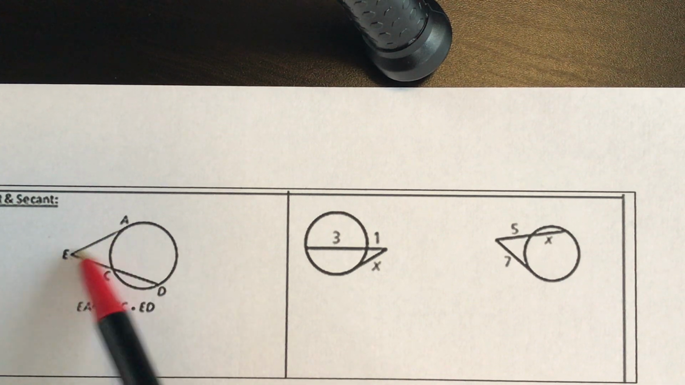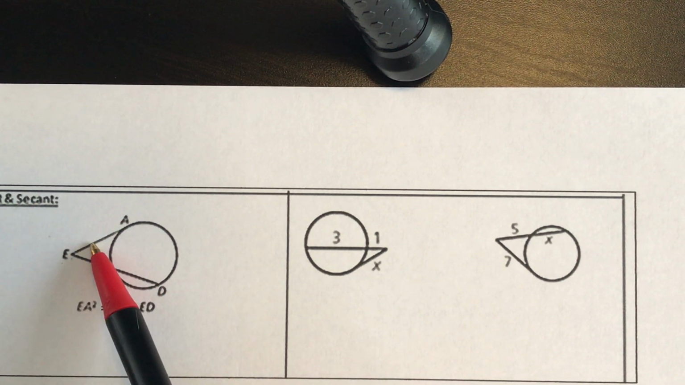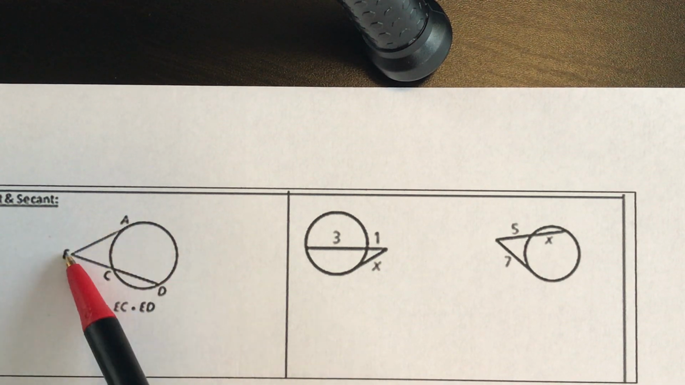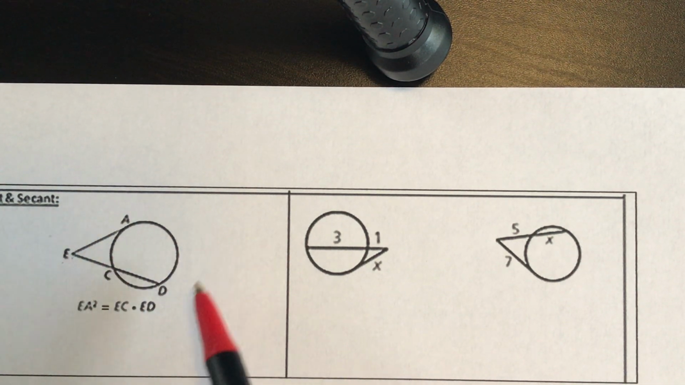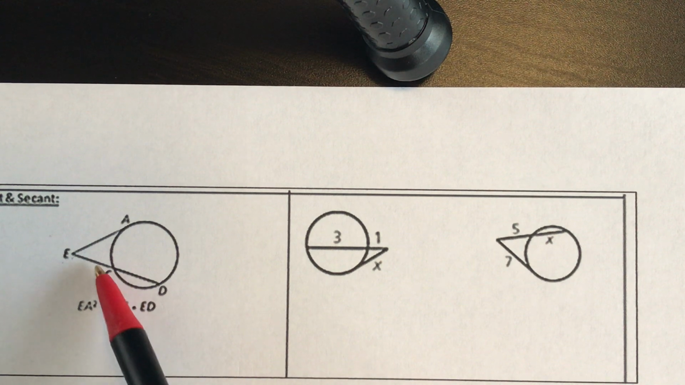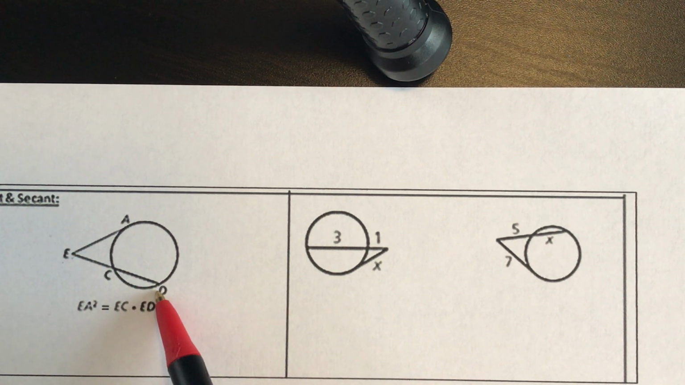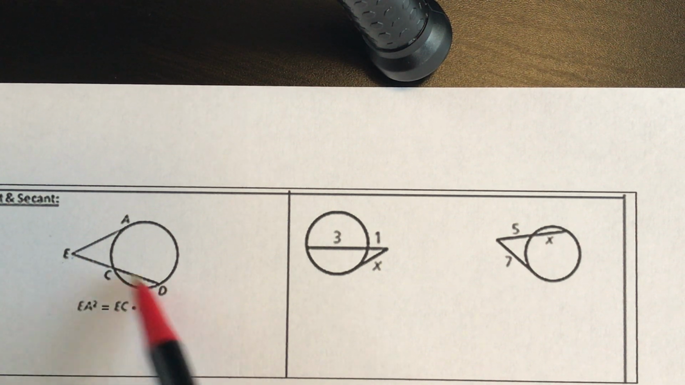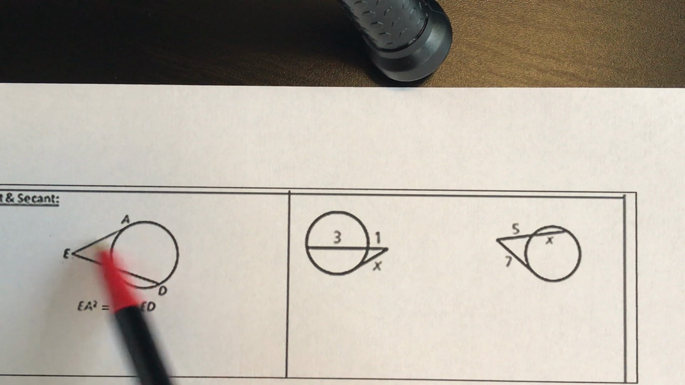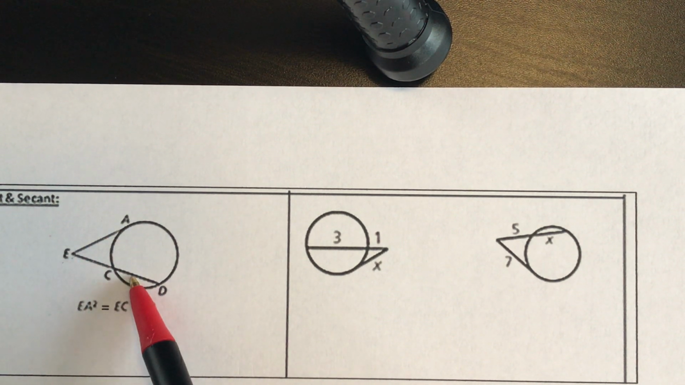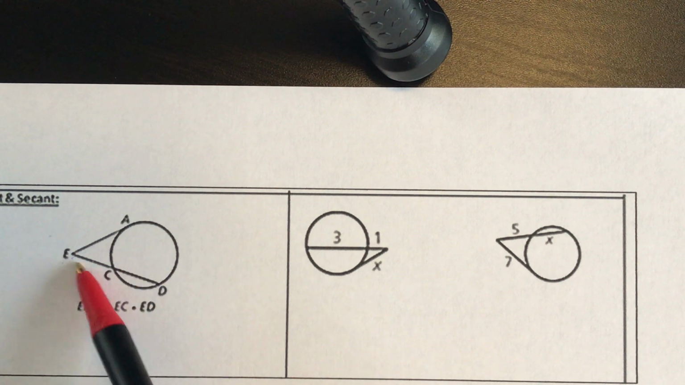Basically, we're taking this external segment, going back to our vocab that we just talked about, EA, and we're going to square that one that's on the outside. Then we are going to multiply this longer segment out here, or the secant, sorry. We're going to take this tangent, square it, and then multiply the two parts of our secant together. So EC times